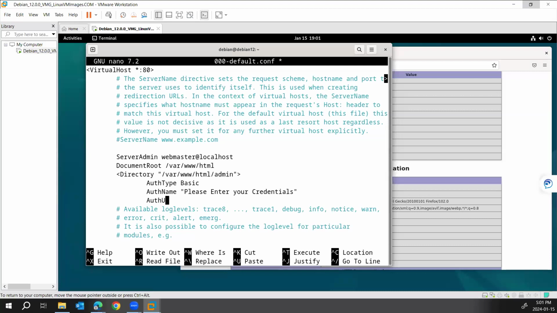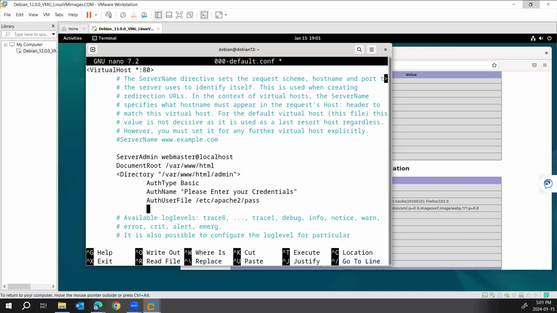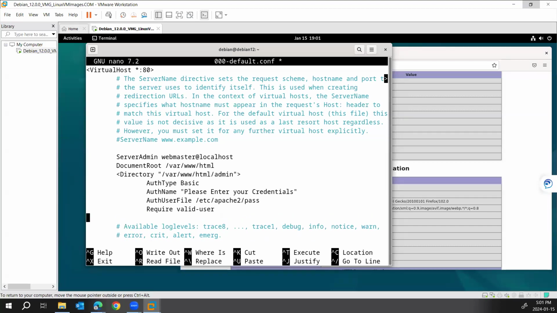In this file we usually save user information, especially password. So I'm gonna save it under this folder, Apache etc, this file. The file name is pass. And the last one is require valid user, means that your user should be part of that Apache database. So then I close the directory,